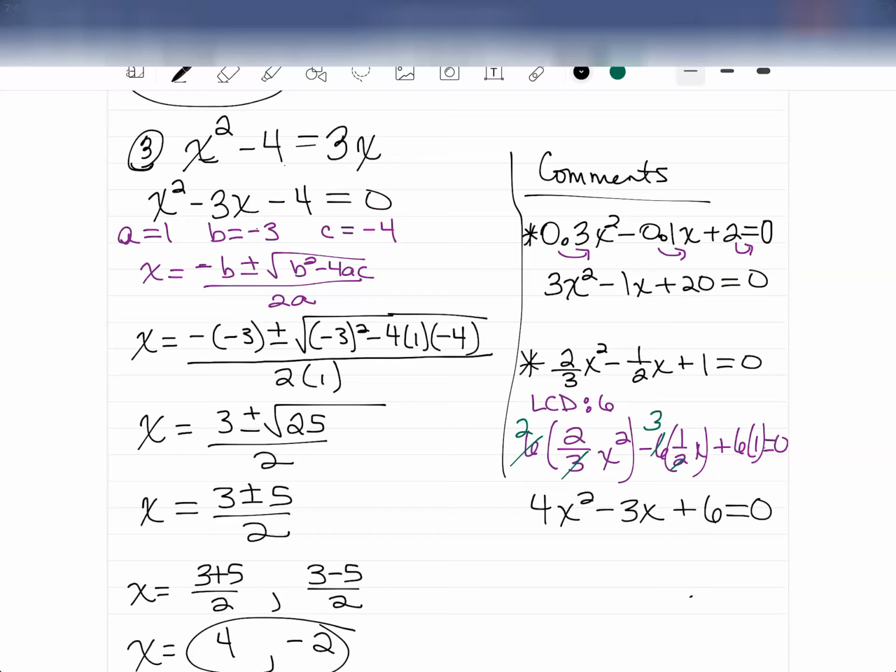So when I multiply that one through by the least common denominator, I can cancel the denominators out. So 6 divided by 3 is 2. So 2 times 2 is 4. 2 goes into 6, 3. 3 times 1 is 3. I left my signs in place. And then that last piece didn't have a denominator, so just 6 times 1. Signs were left in place in everything because I wasn't multiplying by negatives. So that's what you can do for the decimals and the fractions so that you get something that's easier to